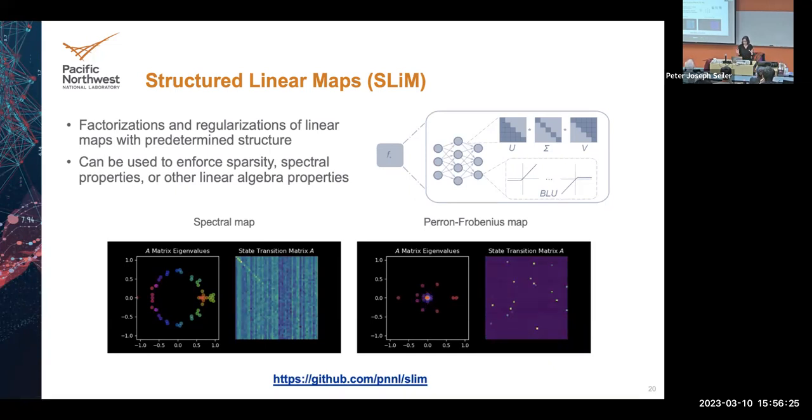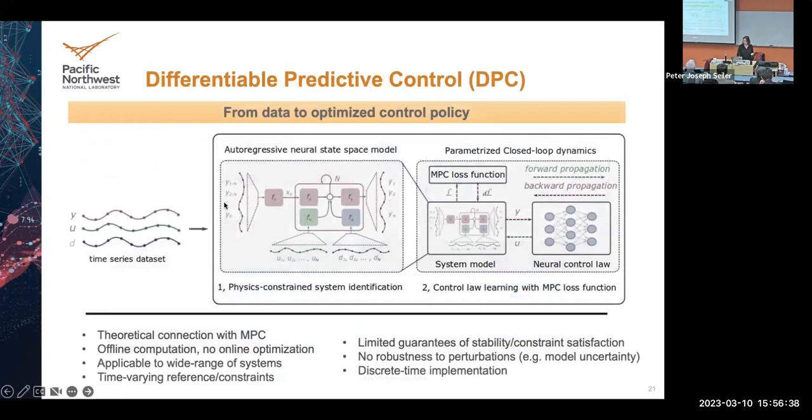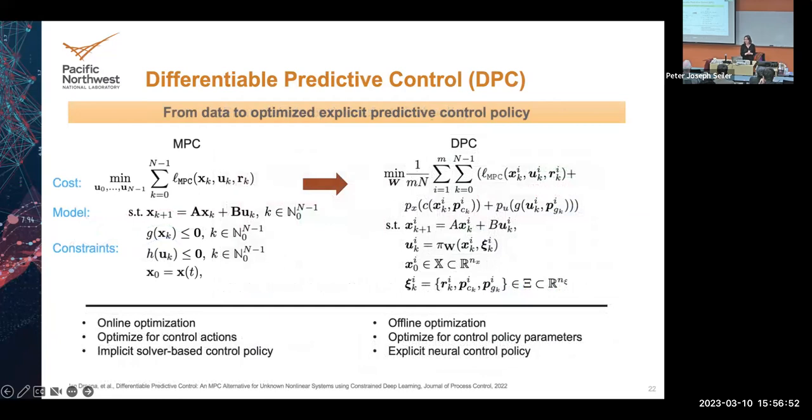So, given these ways of introducing physics, we can train dynamic systems models from data. This is very helpful for our approach. This component of representing the model and training it from data enables us to move forward to the predictive control synthesis, and that makes our approach very applicable to a wide range of systems.